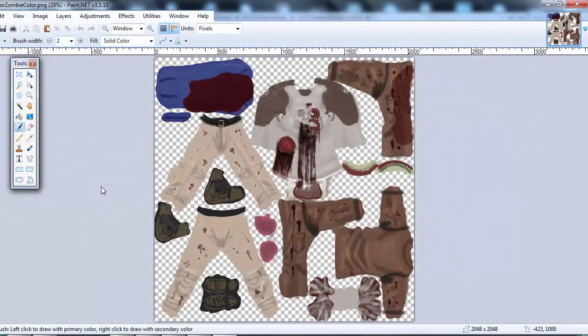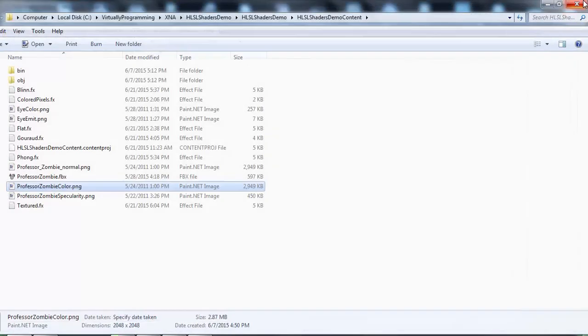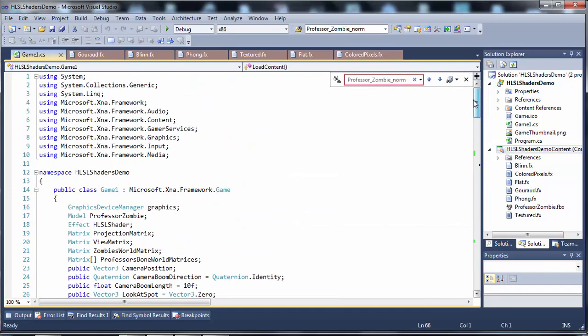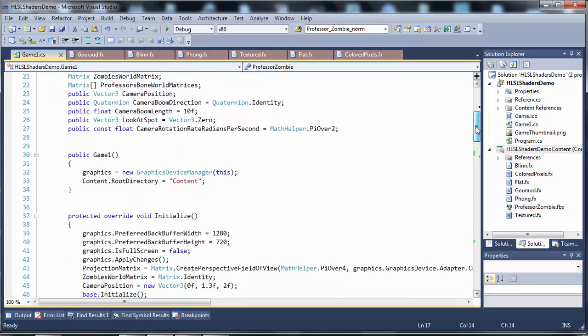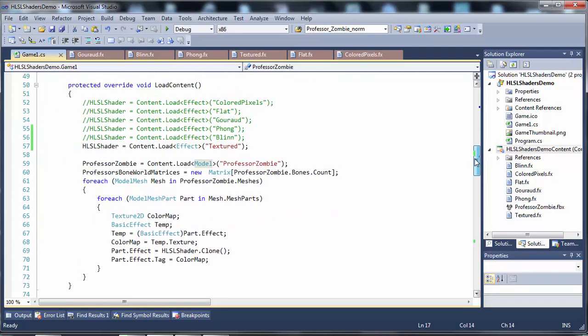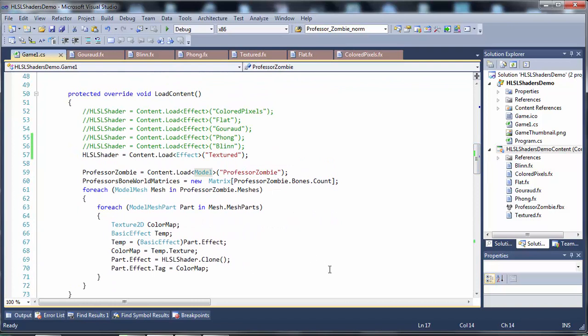Let's open it up and take a look. Yeah, there's the color map. That's what it actually looks like. So that's what I'm using for texturing, and I'm just not using the other maps. But anyway, in fact, I don't think any of the others are actually brought in by XNA's model class. And that's kind of the problem here, is that we're using XNA's model class to do all this work, which is great because it does so much for you and makes this easy. But it's also bad because it doesn't know how to use normal maps and so on and so forth. Although I think I figured out a way to kind of trick it to work,